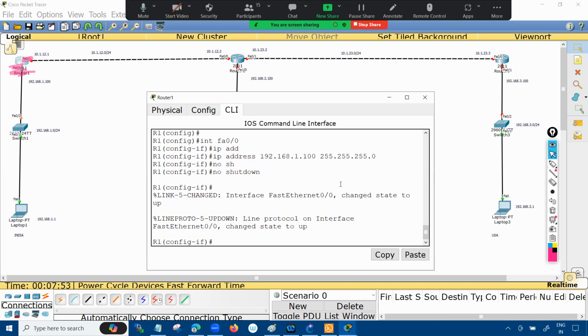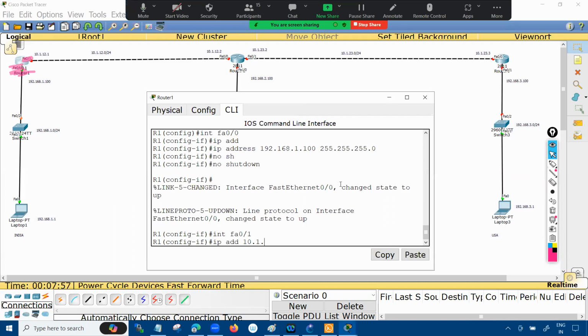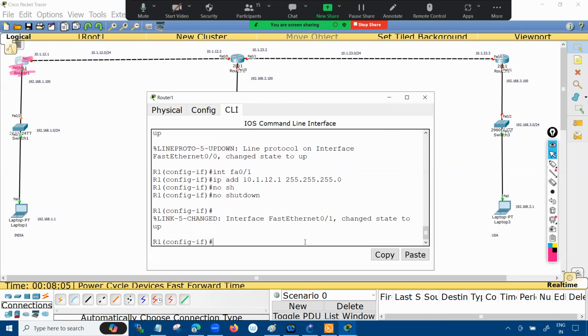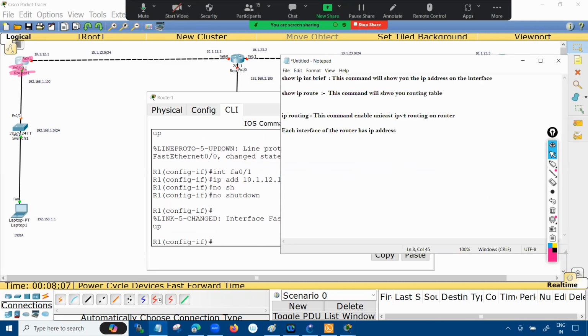I need to say no shutdown. On the 0/1 interface, I can give 10.1.12.1/24 and no shutdown. By default, the router interface is down. You need to turn on the interface. I can put the same configuration on the notepad so that you can follow this notepad to do this lab. Just need to go in the config terminal,